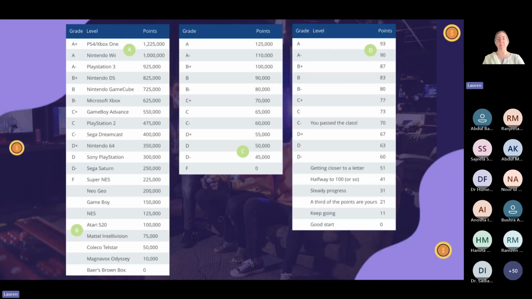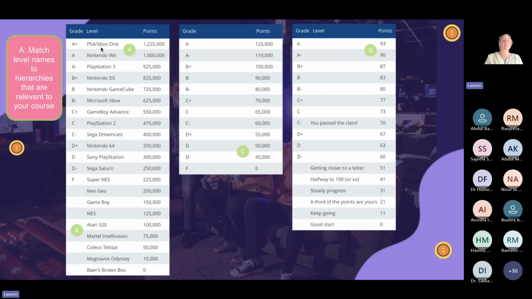All right, so here are some examples from different courses. So there are 3 different courses. This is the first one, the first column, the second column is another course, and the third column is a third course. All right, so in the first course, A over here, they matched the level names to hierarchies that are relevant in the course. So this might be a course about video games and learning, right?